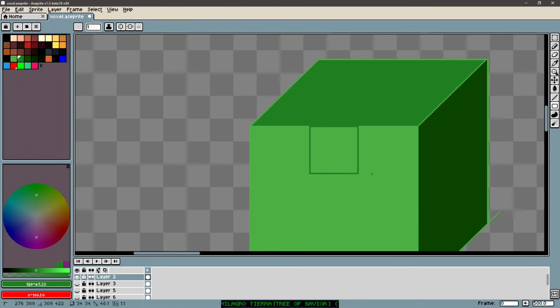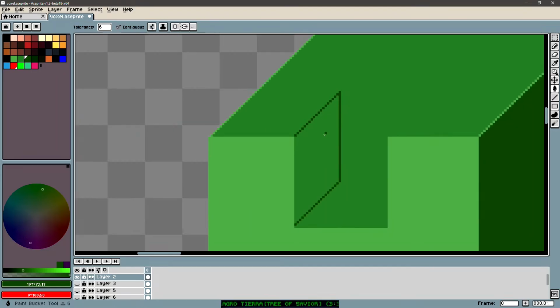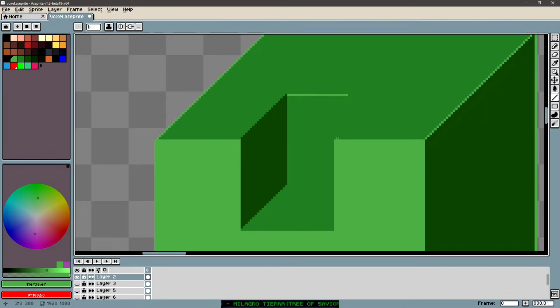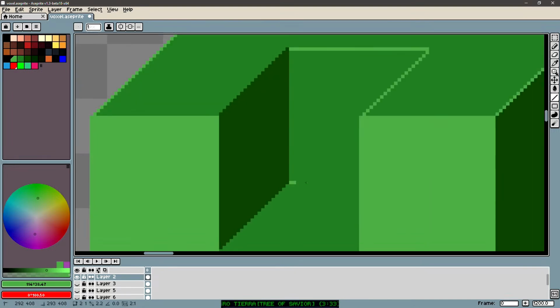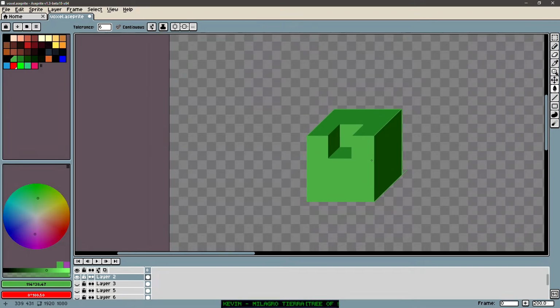We chunk out the middle one here. More or less. Now,